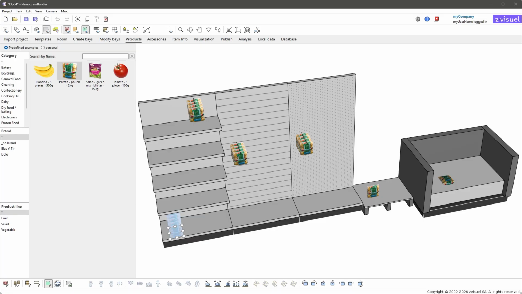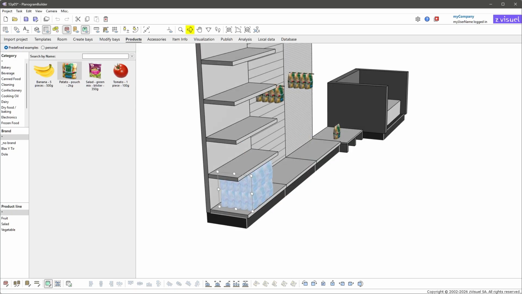Select the bag on the first shelf and notice the 8 rounded handles. If you don't see the handles, zoom in a little bit. Moving the handles lets you adjust the quantity with your mouse, as done here for facings wide and facings high with the upper right corner handle.